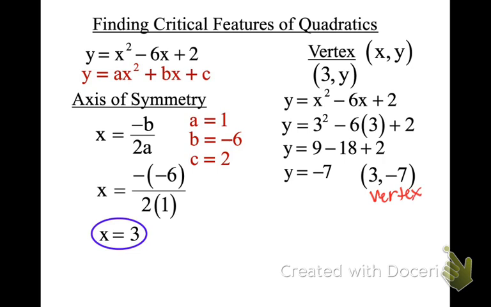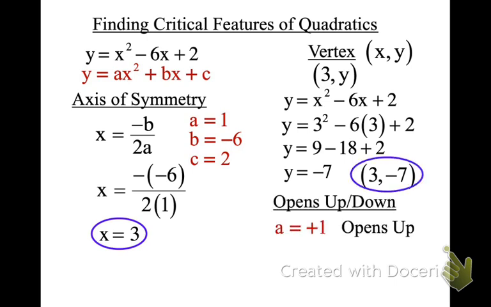Now, other critical features. I want you to point this out. Even though the book doesn't ask for it, I want you to label these too. First of all, looking at the equation, which way is it going to open? Remember we said if A is positive, it opens up. If A is negative, it opens down. And since A equals +1,